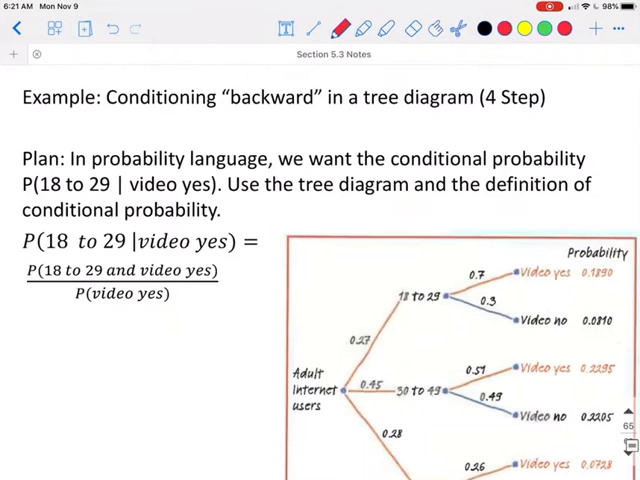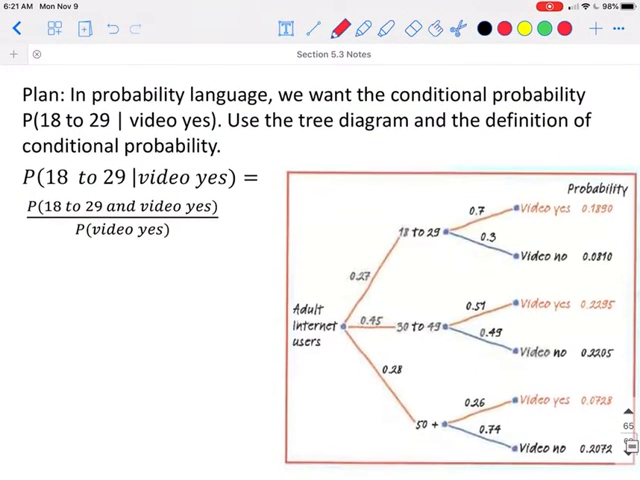So our plan of action, in probability language, we want the conditional probability, the probability they're 18 to 29 given that they watch videos. We're going to use the tree diagram and the definition of the conditional probability. So the probability of 18 to 29 given that they watch videos is the probability of 18 to 29 and they watch videos over the probability that they watch videos. So for the do, we need to look to see what is the probability they watch videos. So they watch videos here, here, and here. So if we add those categories together,